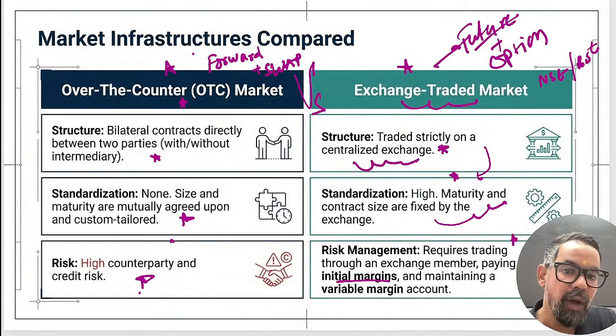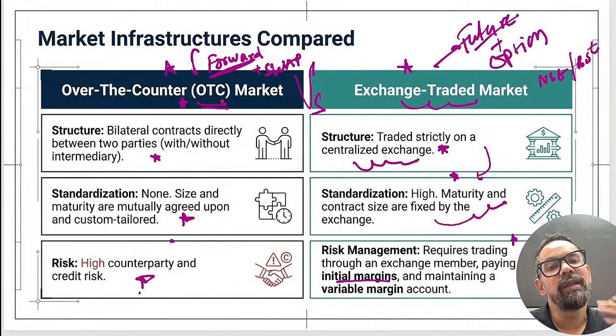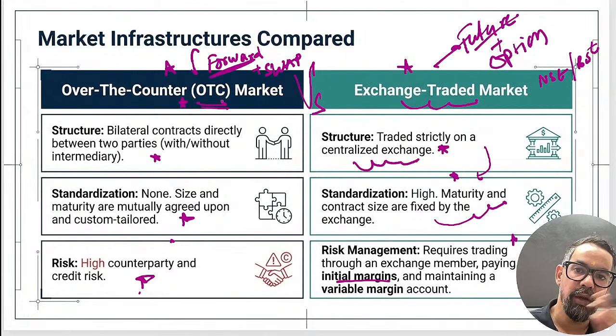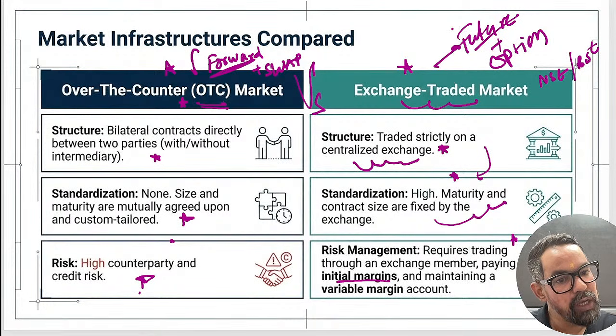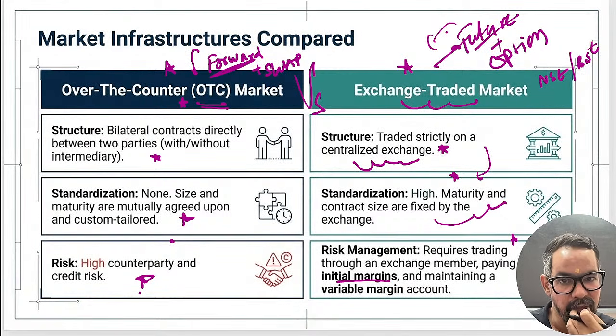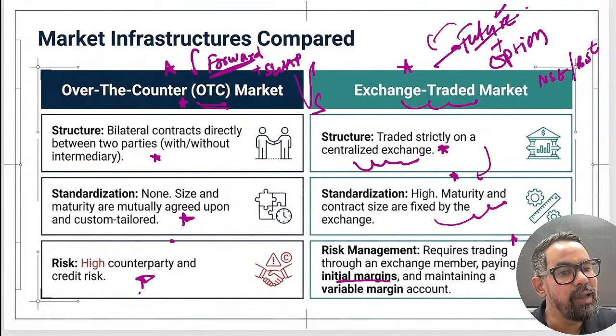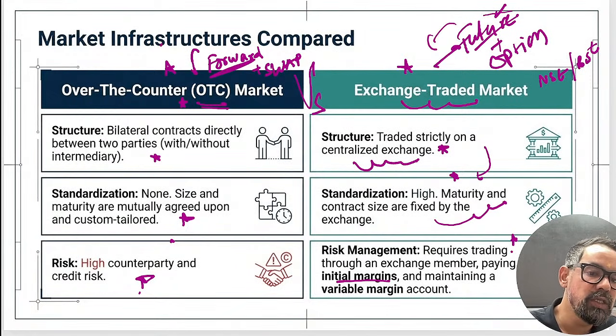So the question is about forward, and we know forward is an OTC contract. When you see the definition of forward and future, you will see the same definition. Forward is basically a contract which is OTC, customizable, and gets settled on a future date, where buyer and seller agree to buy or sell on that date. A future is a contract whose value is derived from the underlying because it is a derivative, and it gets settled on a future date. It is exchange traded, highly liquid, and counterparty risk is zero because of mark to market.